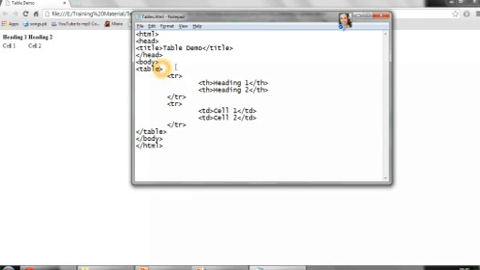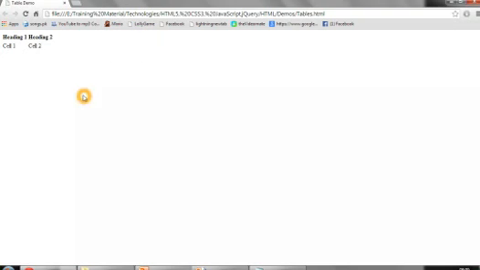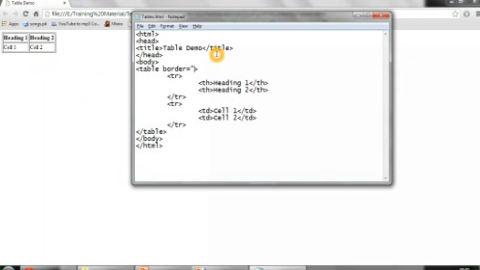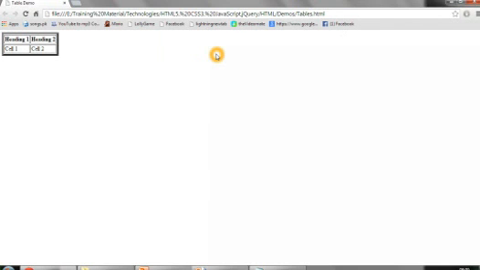By default the border attribute has the value 0, but you can also put it as 1. If you save it and refresh it, you will have a single line. But if I want to increase the thickness of the border, I'll make it 5 over here, and you can see the thickness of the table border is increased, not that of the cells.